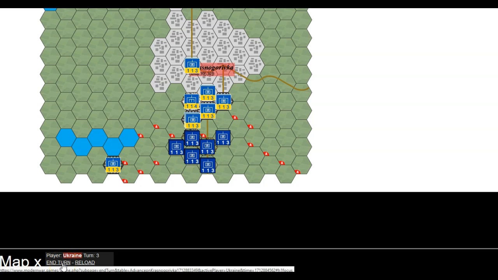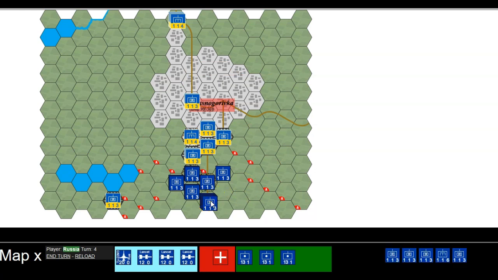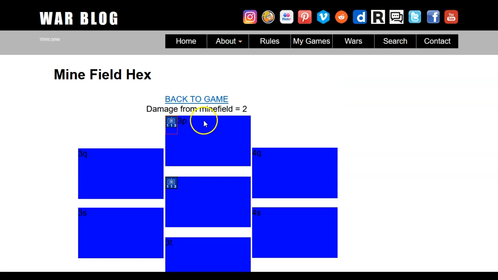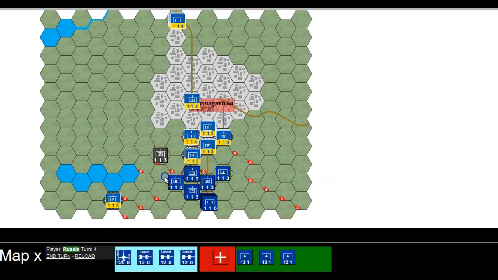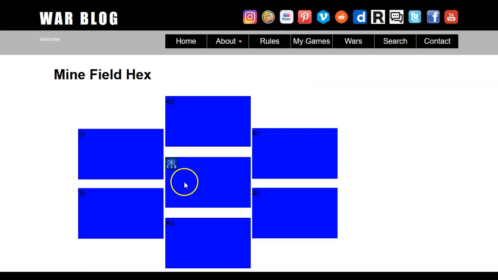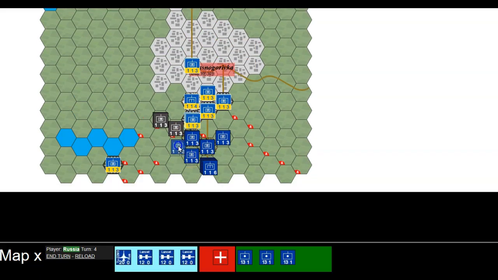Okay, well, it's the Russian turn now, because there's no reason to come out of here and attack, and we don't want to attack with these because we want to recover. So we've got a lot more units coming in here now, but I think we're going to have to go with plan B and force them through the minefield. Thus changing the entire